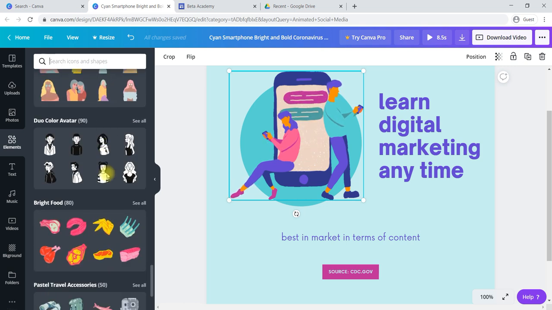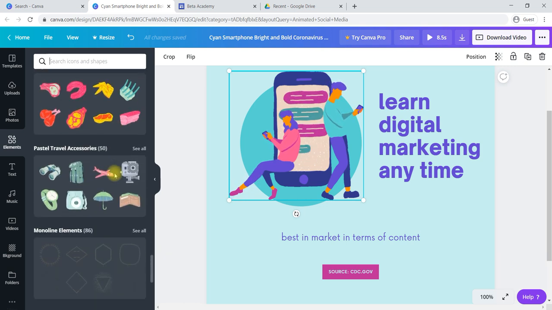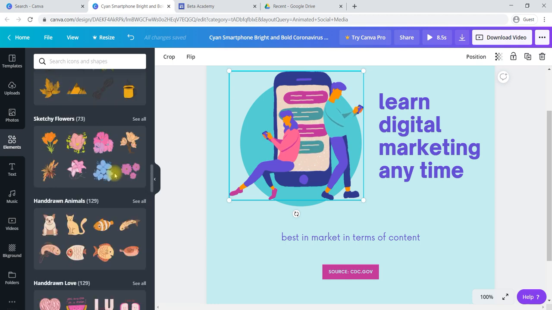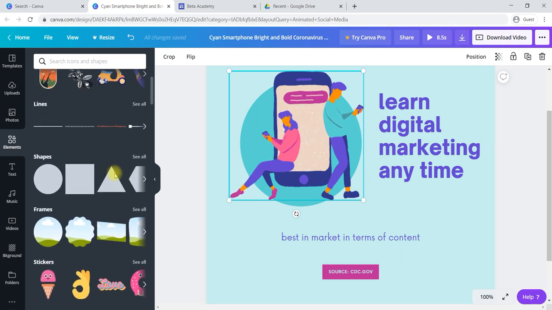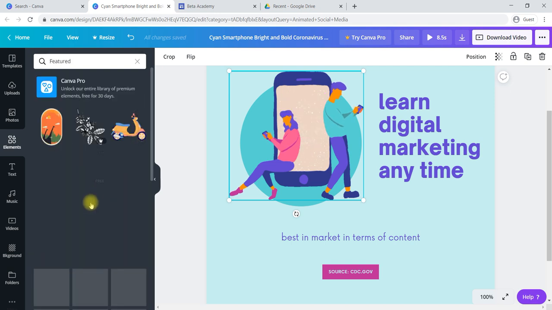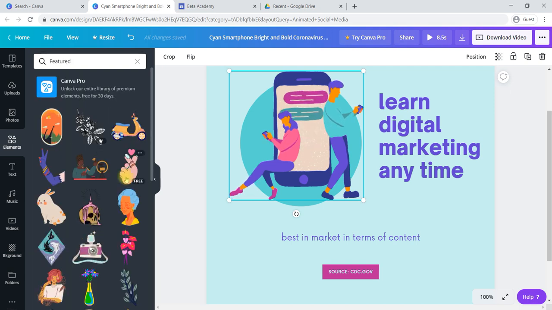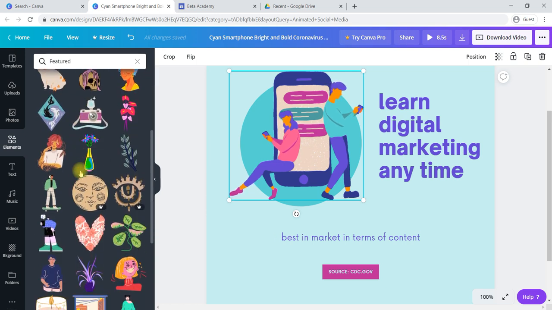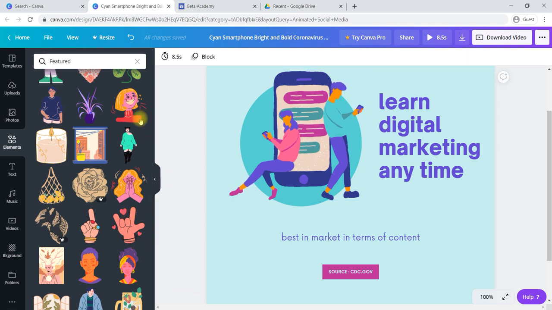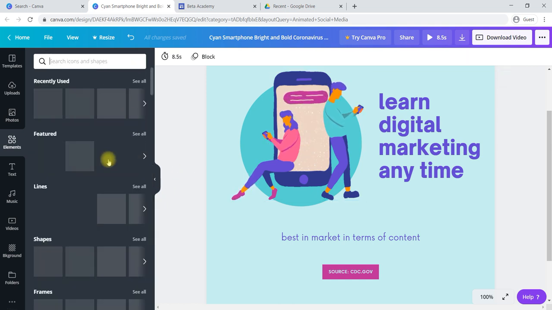Here you can search for anything relevant to you and use that one. Anything which makes the customer attracted, those particular elements you can use.